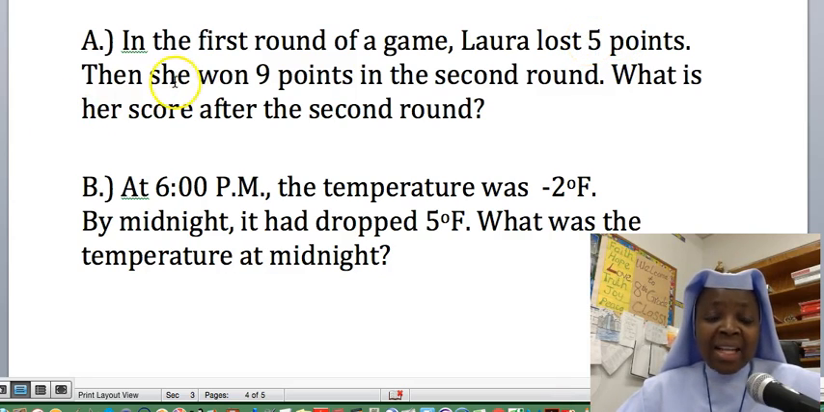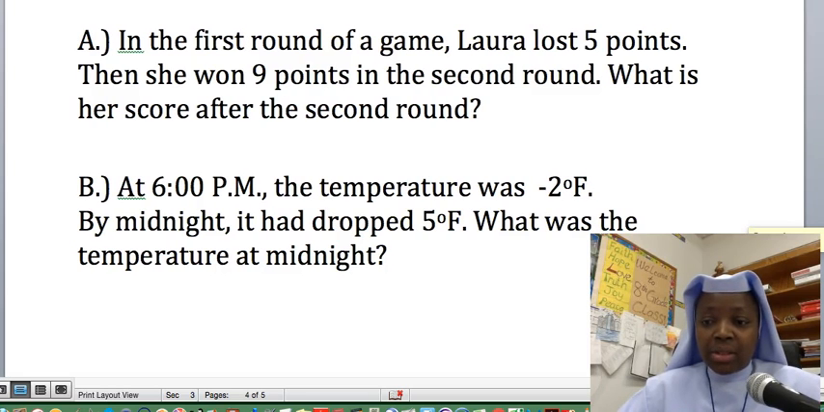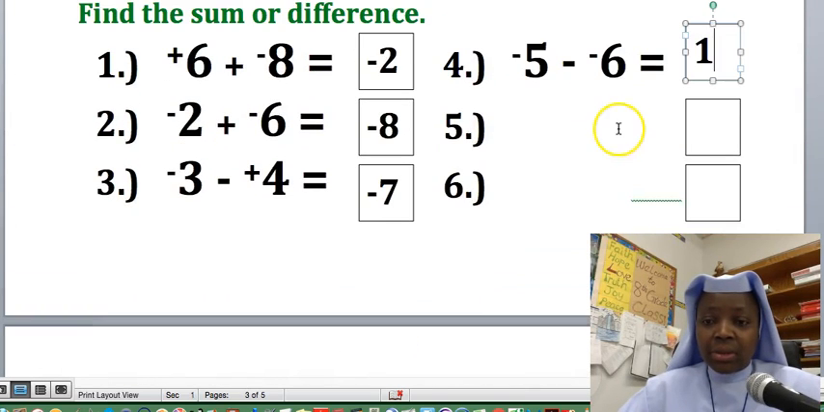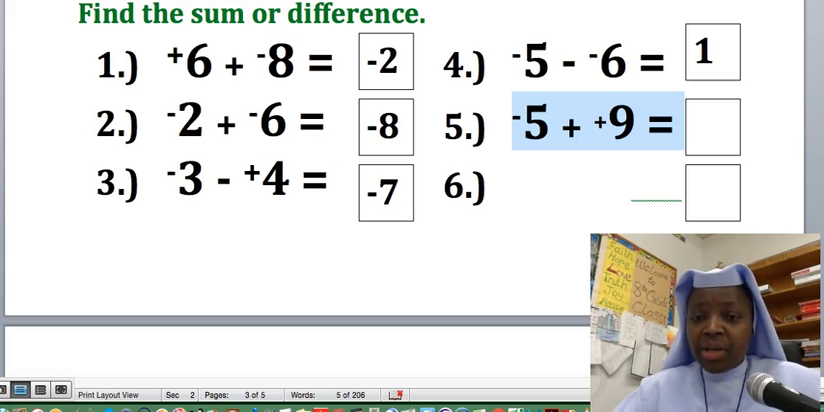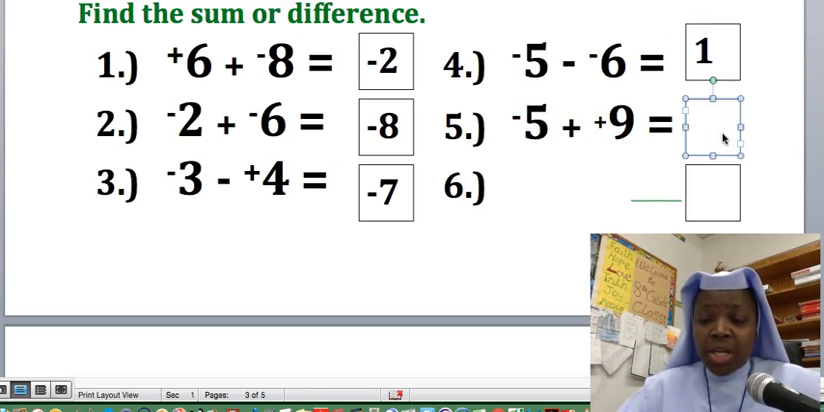Okay. Then she won 9 points in the second game. So they played the first game plus second game. So this is addition. So plus second game, she won 9. So winning 9 would be +9. So this is -5 plus +9. Okay, and then we write that down as -5 plus +9, and that would be,